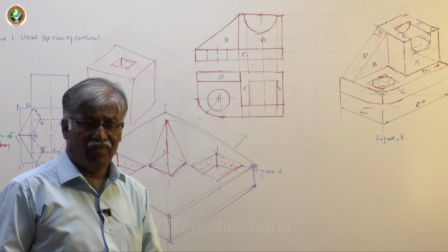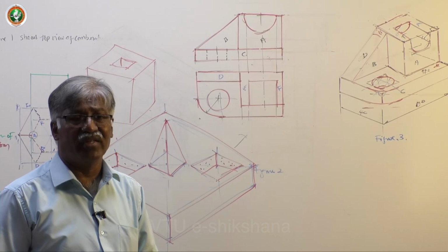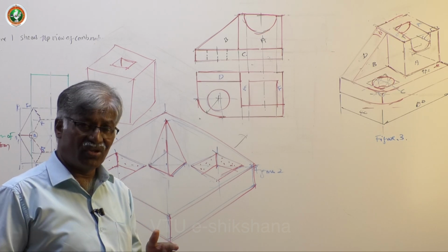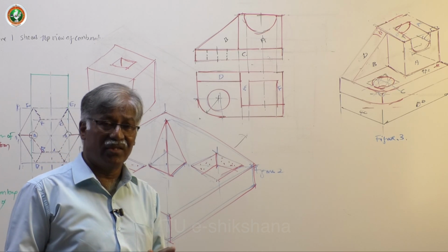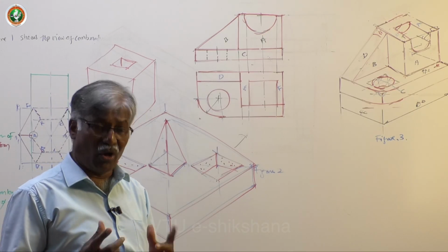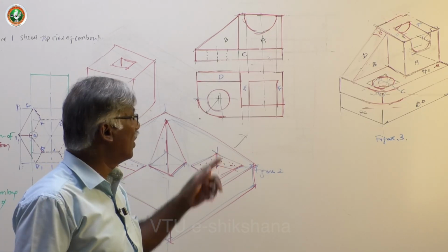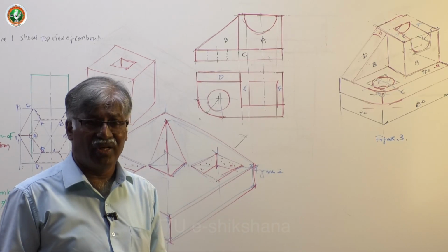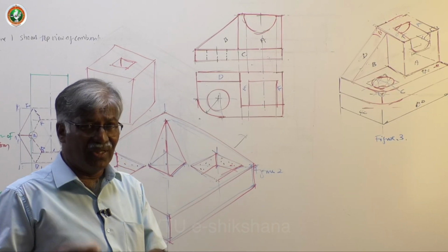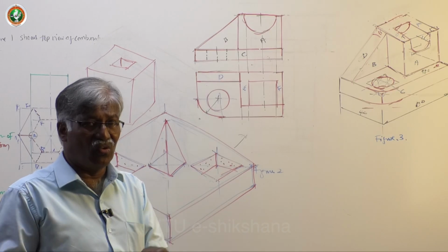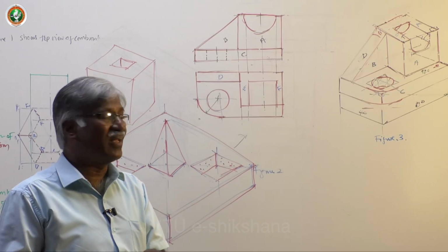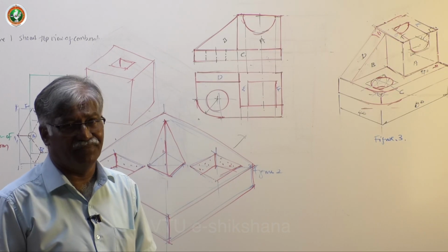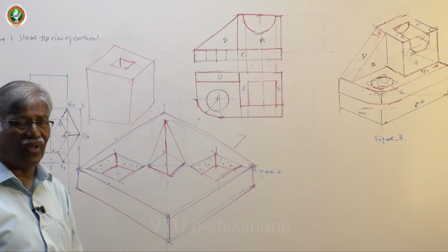chapter, and basically you must know how to draw isometric projection of square, rectangle, circle. Isometric projection of a square is a rhombus. Isometric projection of a rectangle is a parallelogram. Isometric projection of a circle is an ellipse. If you know this, definitely you can work out any problem, but the only thing is locations and positions you have to keep properly. Okay, in that case you can do any problem in the isometric projection, and we will work out the same in